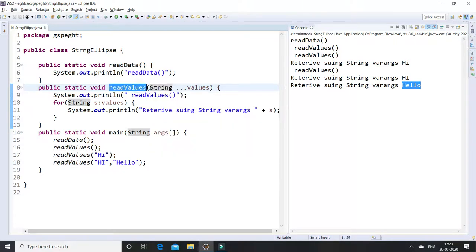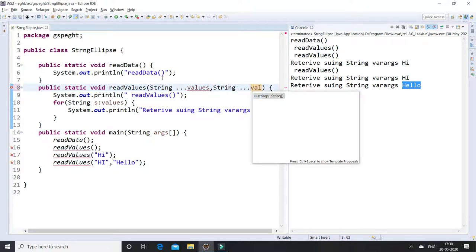If I pass another argument like int a, it will be accepted. But if I try to provide one more ellipses, it will show compilation errors, because these ellipses must be present last, and the read values method cannot have two string varargs.